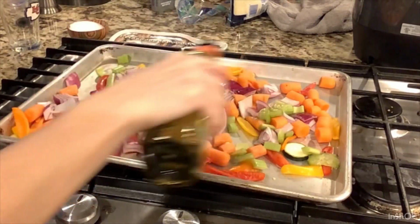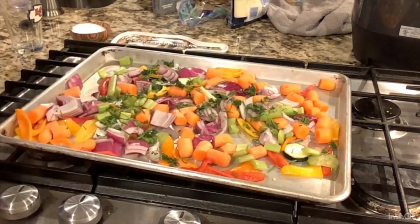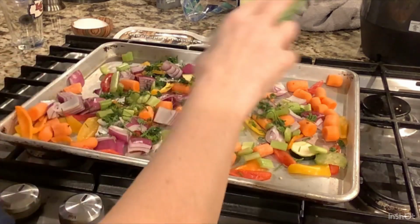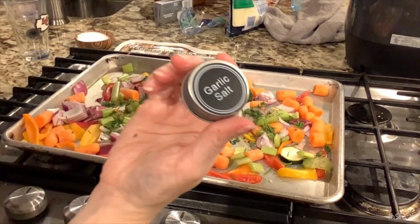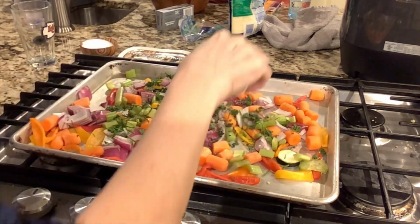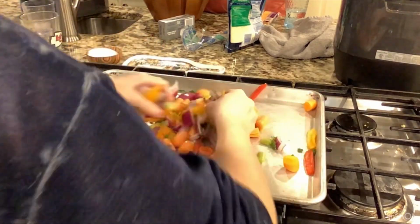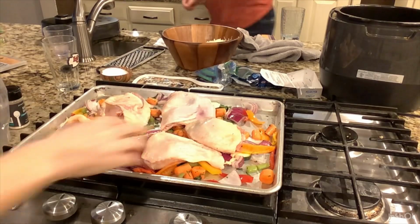Get some olive oil or avocado oil, and you can use any herbs and spices. I have chives, cilantro, and fresh parsley. I'm also using garlic salt. I have black garlic, Pampered Chef black garlic, and I also have Cavenders. I use any seasonings I can that I have in my cabinet,